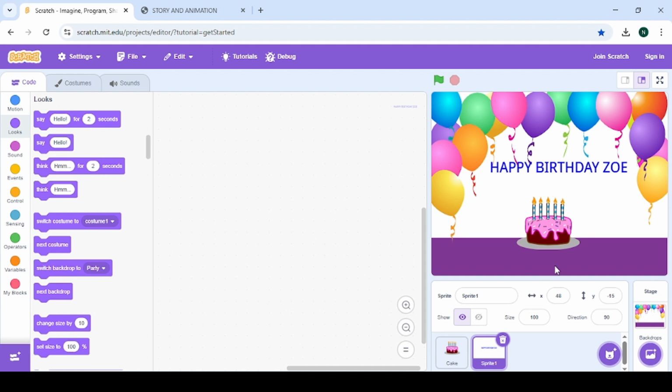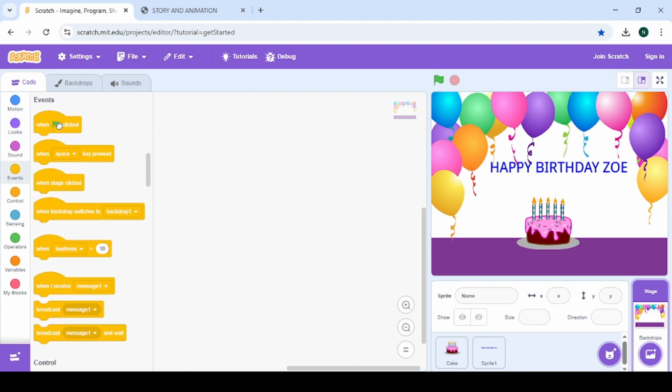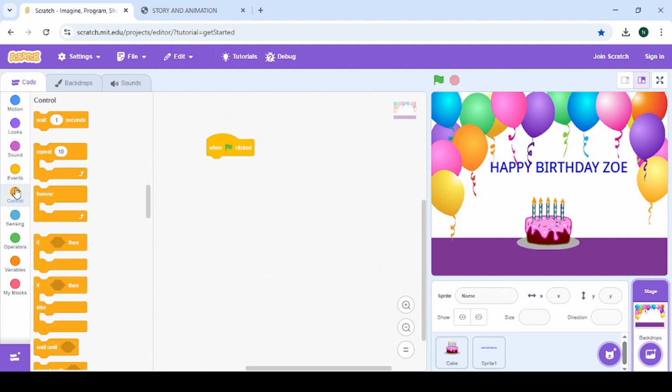So now we have to code, okay? But then we're going to code for the stage first. So you click on your stage, and then we'll look for when green flag is clicked. When green flag is clicked, we want something to happen, right? Go to your controls, and then you get your forever. Get your forever and drop it here. When green flag is clicked, forever,